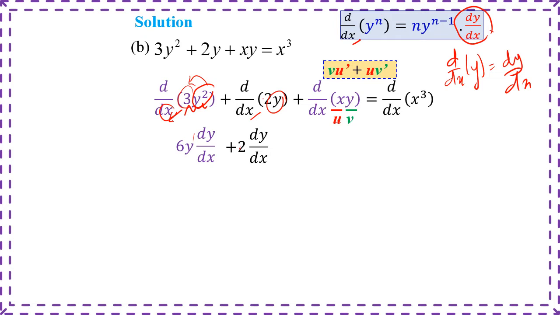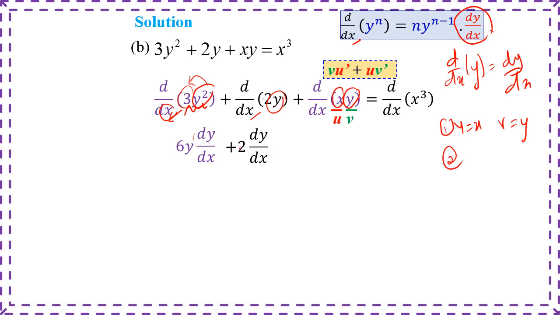And the third term here is actually a multiplication between x and y. Both are different terms, not the same variable. So we treat them as two different terms. If it's a multiplication between two terms, that means you have to apply the product rule. So let's see, we have u as x here and v as y. So this is the first step.